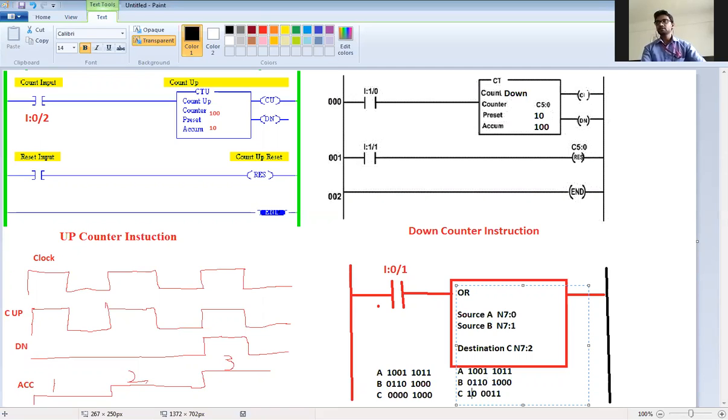Actually, the carry is generated 1 because of this nibble carry. It will go here, then 1 plus 1, 1 carry 1, correct?